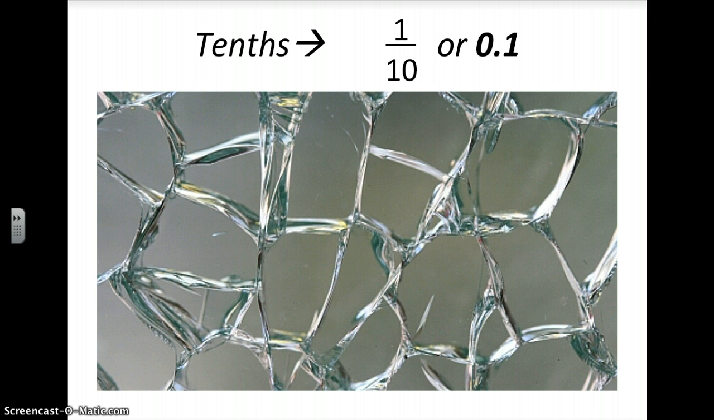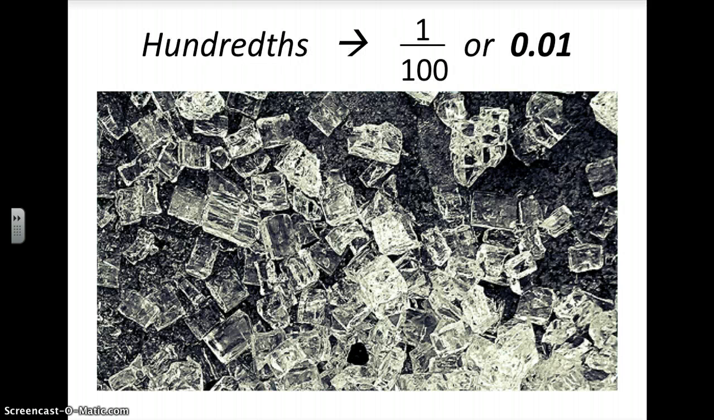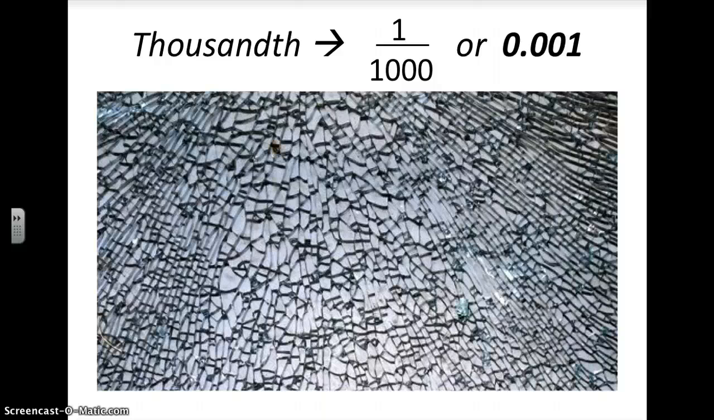Now, what if instead of smashing it into 10 equal pieces, we smashed it into 100 equal pieces? Then every one of those pieces would be considered 1/100th of the whole glass. We can write that as a fraction, meaning one piece out of 100 pieces total, or 0.01, where that 1 is in the hundredths place. Now, what if we smashed it up not into 100 equal pieces, but 1,000 equal pieces? Right, this is a very, very small segment in comparison to the two other units we looked at. So we're talking about one piece out of 1,000,